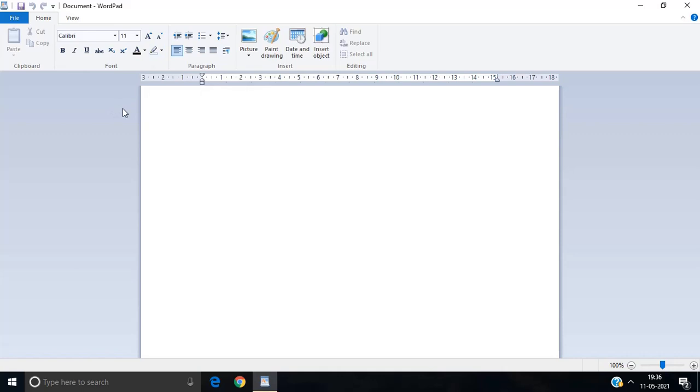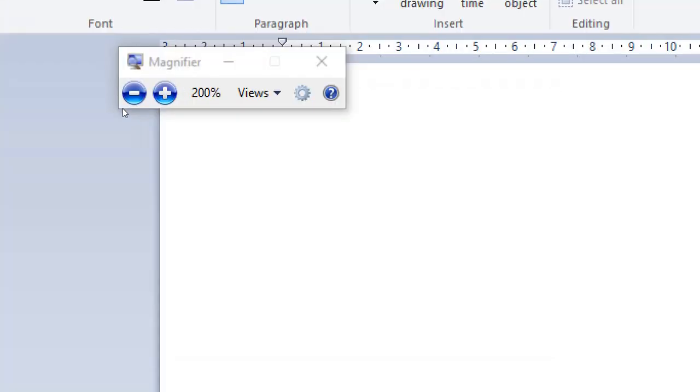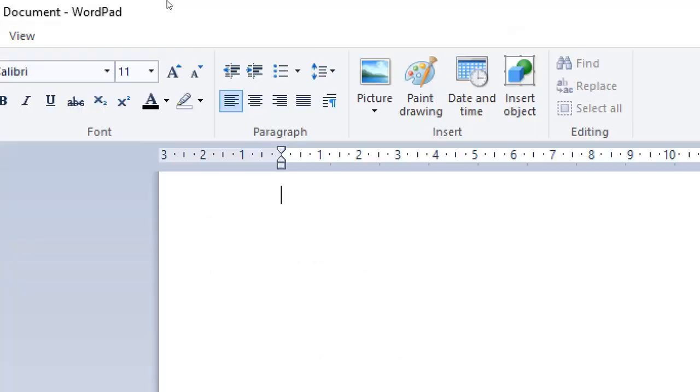And different types of options are present in WordPad, like changing the font sizes, et cetera. But all these are basic documents, and WordPad is also a basic type of document, there is no doubt about it. Okay, WordPad is also a basic type of document. So how will we discuss these changes? First of all, you can observe here. Okay, you can observe here the changes that are present.